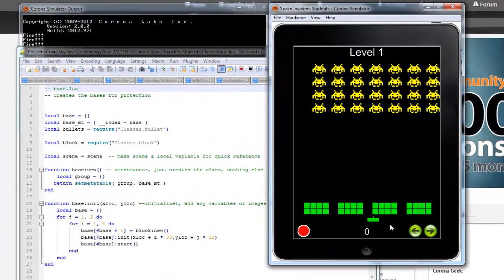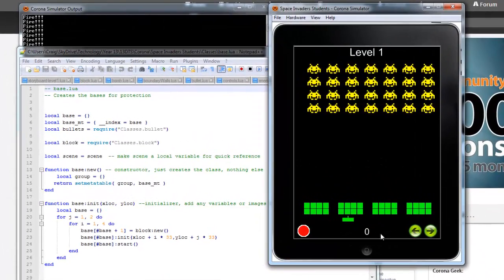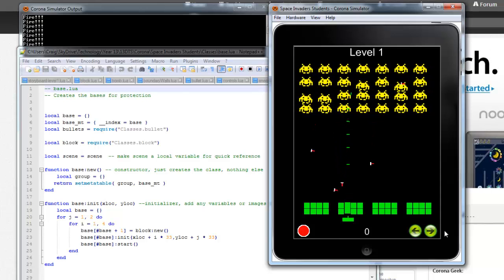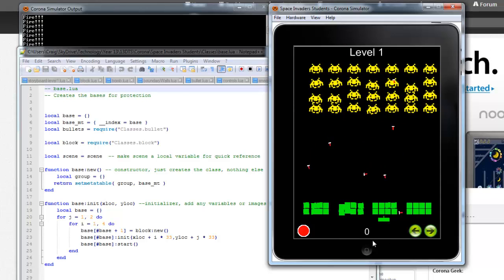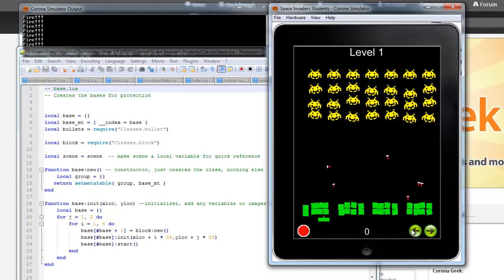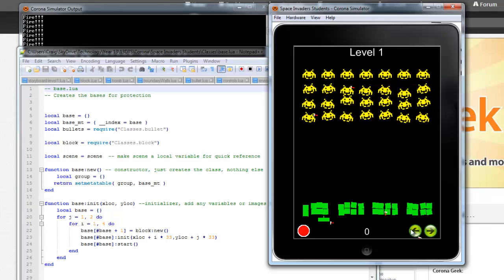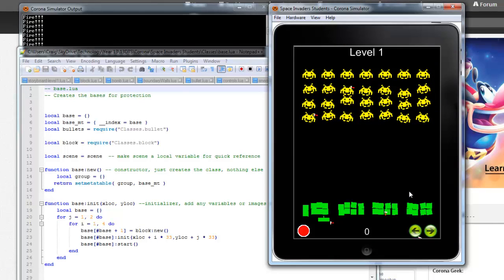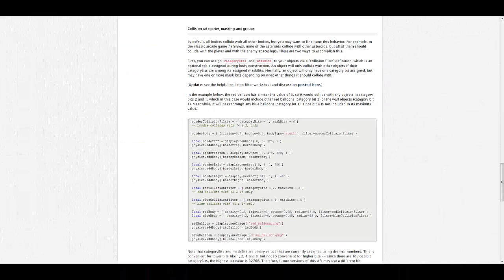Okay, in this video we're going to look at fixing up these collisions so that things collide with what they should collide with, etc, etc. Okay, to do that we have to use a thing called a collision filter. A collision filter is made up of category bits and mask bits. What we need to do is define the filter and then pass it over to the physics